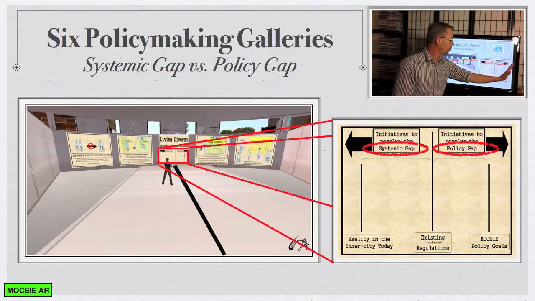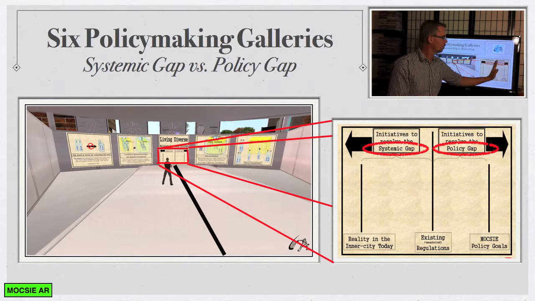But if you have a policy gap, then you also need to work at different angles. So here we're talking about altering the discourse, here we're talking about altering policy. So let's take, for example, gay rights. As a gay activist, we have a lot of systemic gaps. People who are following their religion, it's already against the law to marginalize gays. You can't fire them, you can't marginalize them based on housing, you can't deny them housing. So we have a systemic gap where people are still doing that through coded language. So we need to alter the discourse. We've been winning that battle for 25 years. The policy gap is gay marriage.